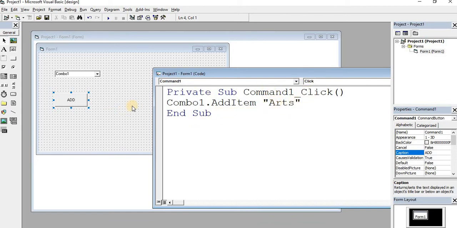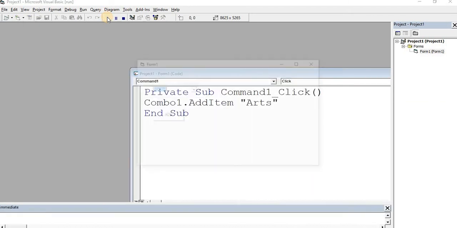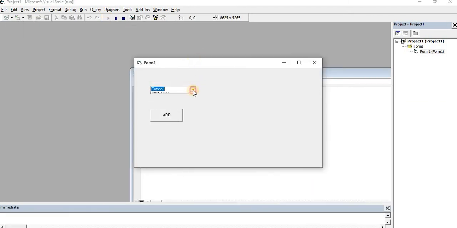Now observe, when you run the program, earlier this combo box has science and commerce stream only, but when I click on the add button, you can see it has added arts also. So this way you can add items during runtime also.